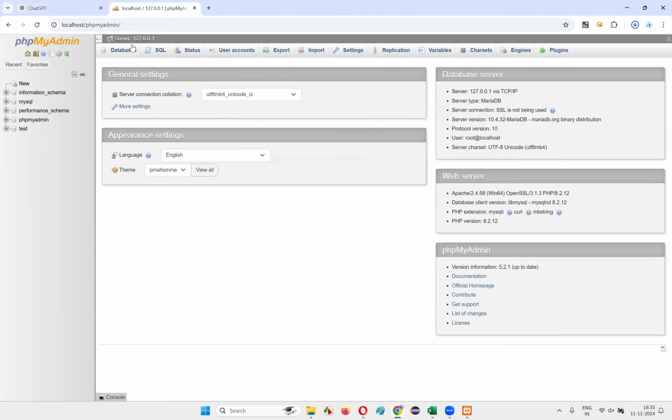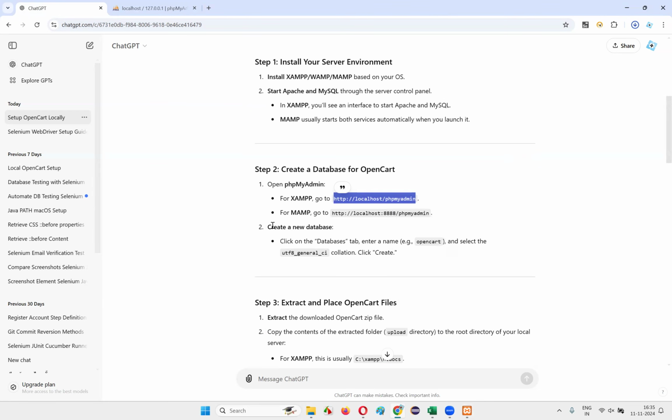Apache and MySQL are running, because of which you are getting this phpMyAdmin interface like this. In that, we need to go to the databases tab, guys. All these things are mentioned here. I'm not so smart that I understand everything, but I need to create a database now. In order to create a database from this particular link, you need to click on the database tab, enter a name, OpenCart, and select the collection and